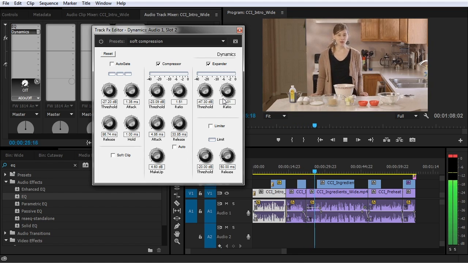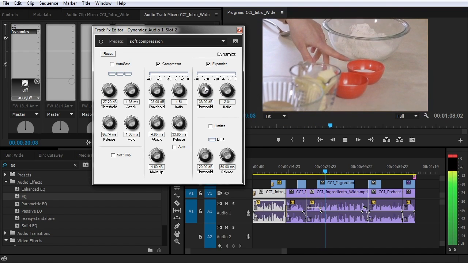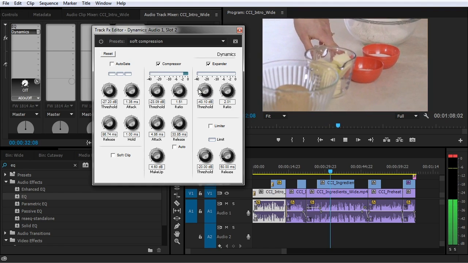You will need 2 cups of all-purpose flour, half a teaspoon of baking soda, half a teaspoon of kosher salt,